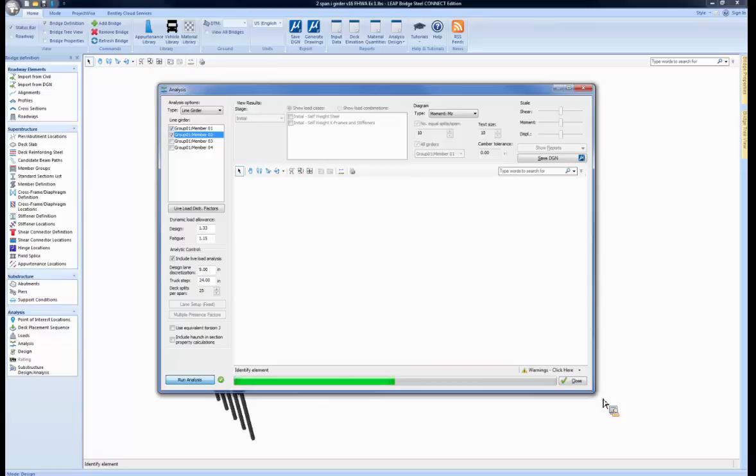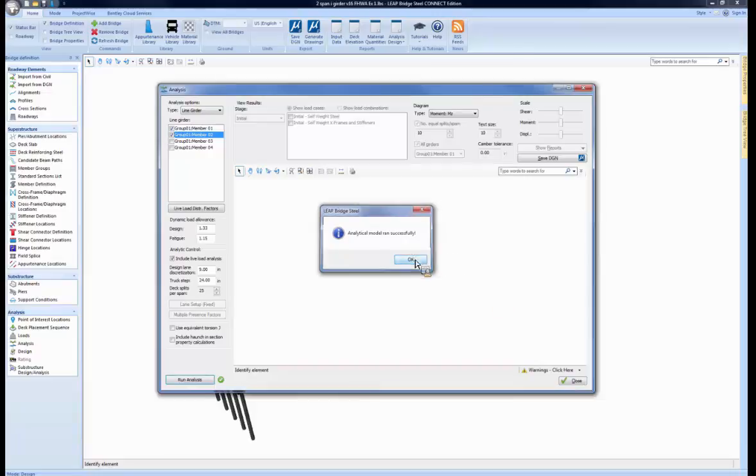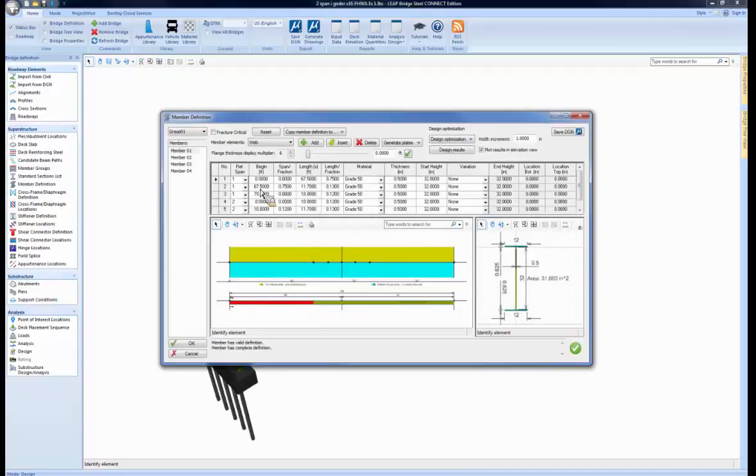Now another thing we'll do before I finish this whole process is we will also take a look at a very early version, or very early beta, of the next version, and a few things that have been added to streamline this process even further than we have already today. So we'll go back to member definition. And again, the version that I'm running here is one that you can download and install and use